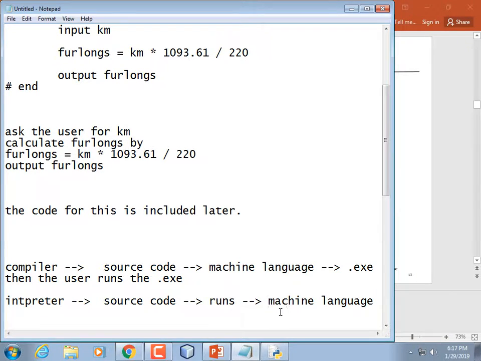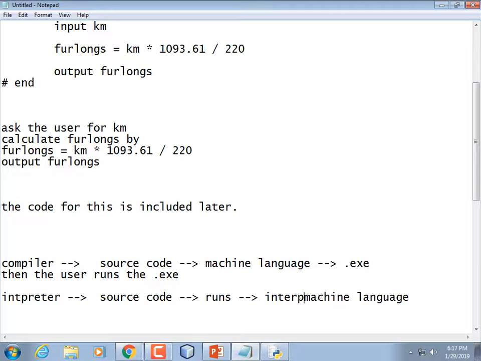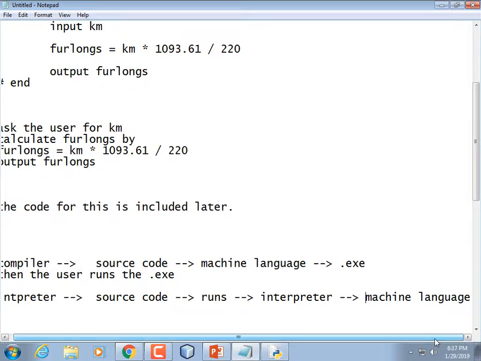I should put the word interpreter in between those two things, because when you run it, it sends the source code to the interpreter, which then gets converted into machine language. So this is the way that Python works. We type in a program, we click run, and then the Python interpreter, kind of like that shell we've been seeing